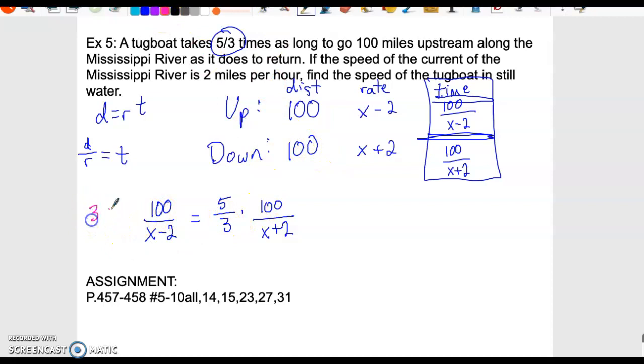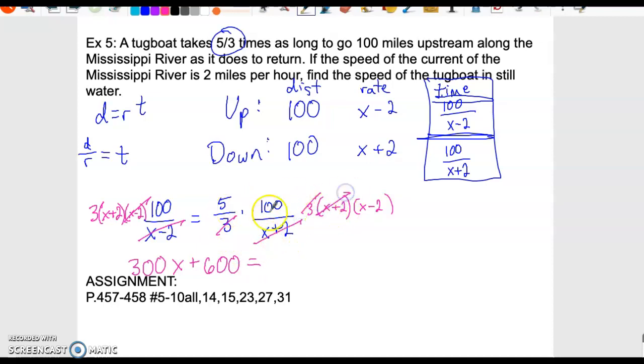And what I would do is multiply both sides by 3 times x plus 2 times x minus 2. Write that over here as well, 3 times x plus 2 times x minus 2. And what you'll notice is the x minus 2's cancel on this side, so it'd be 300 that we have to distribute. 2 times 300 is 600. And then on this side, the 3's cancel, the x plus 2's cancel, so it's 500 that we have to distribute. So it'd be 500x minus 1,000,